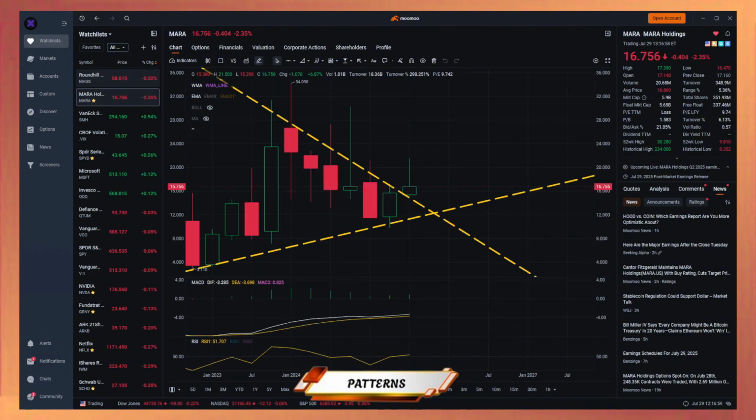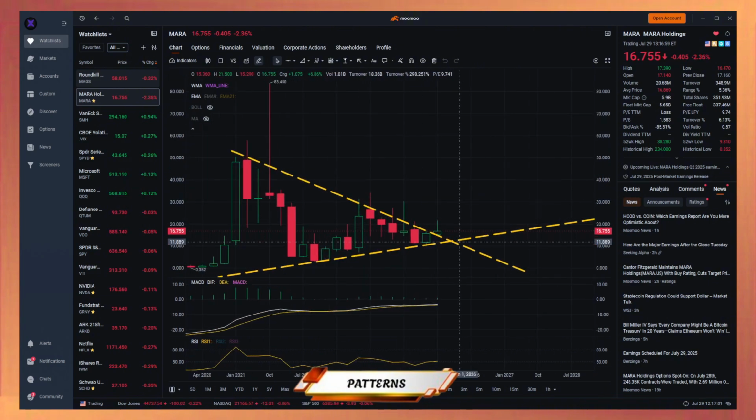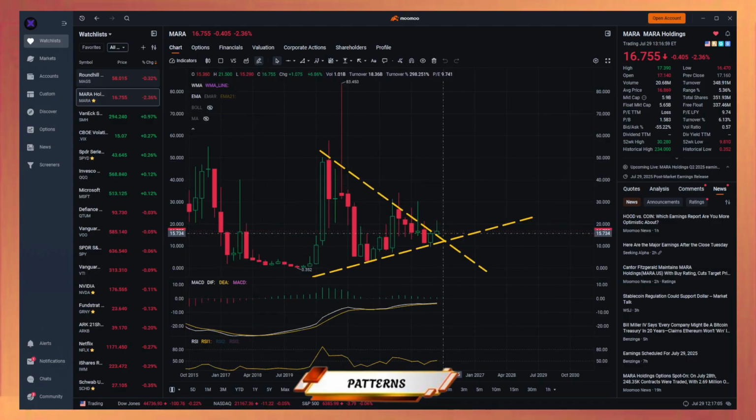Either way works. Quarterly time frame, we have a wedge. We broke out of the wedge. That's a nice little pattern there. It's a quarterly time frame. So what does that mean? It means for an entire quarter, we broke out of this wedge to the upside, and it could mean continuation,